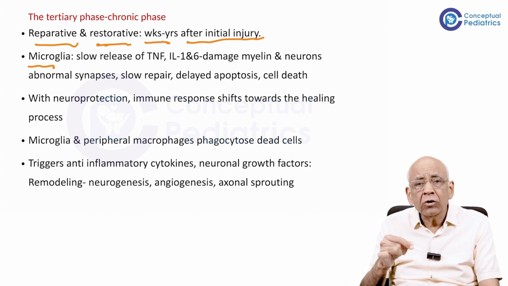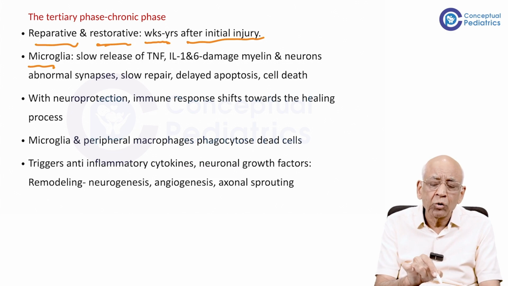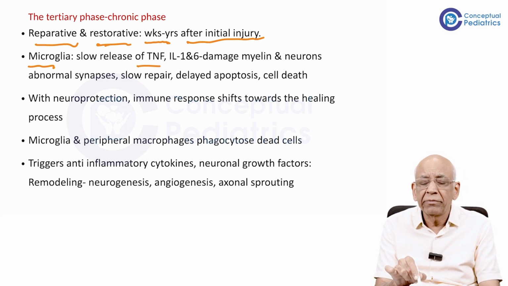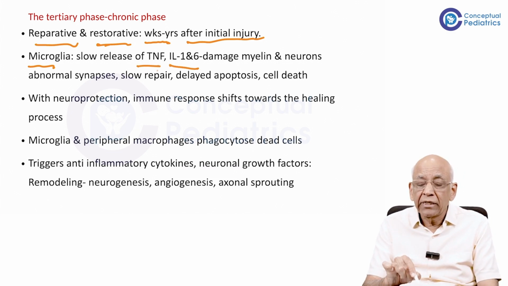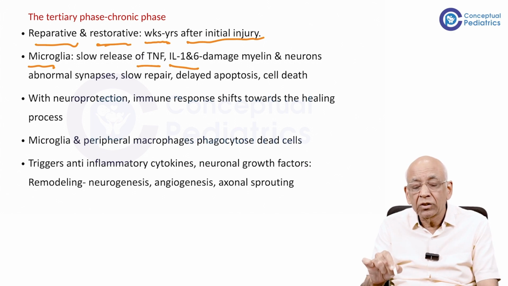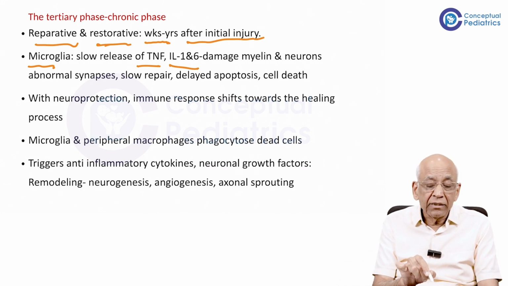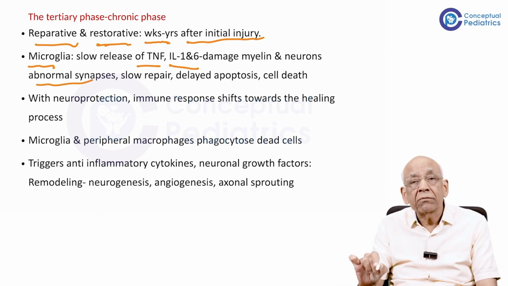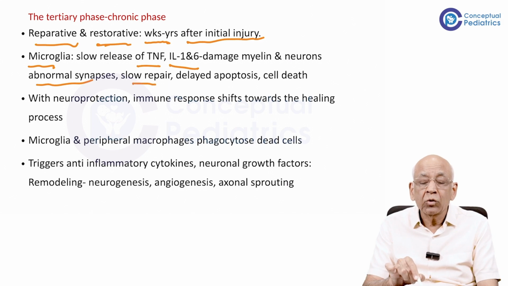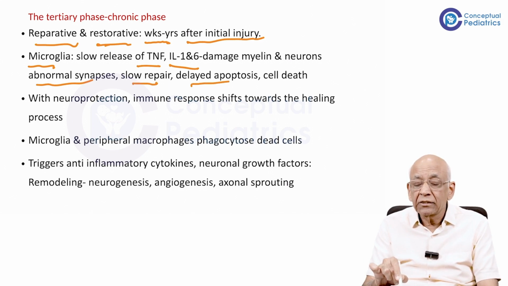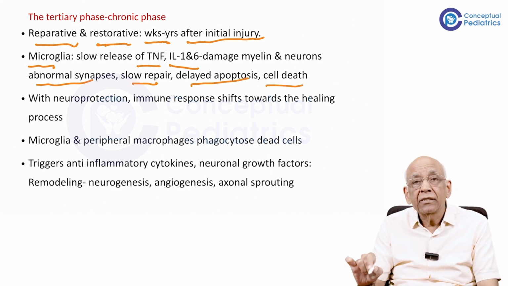Because of this chronicity, there is a slow release of pro-inflammatory cytokines, TNF-α, interleukin 1 and 6, and they damage the myelin and the neuron. And then abnormal synapses are formed, there is a slow repair, and then there is delayed apoptosis and cell